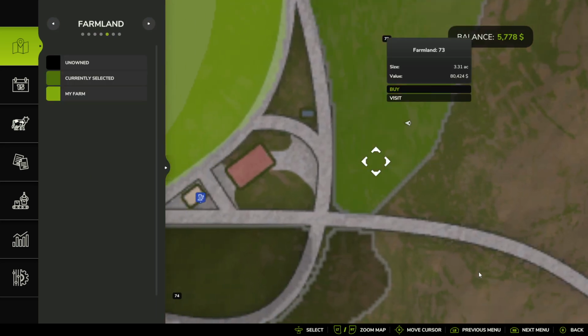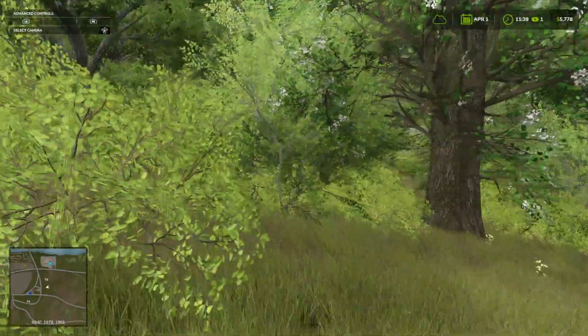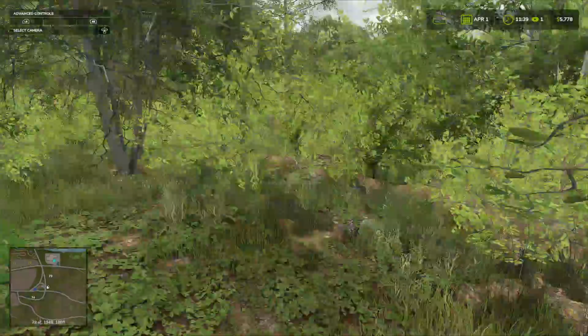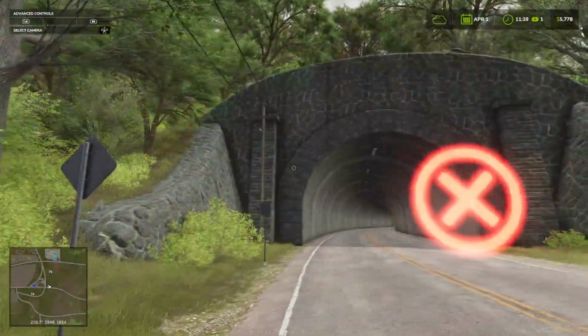It looks like it goes further back. So these trees are not the border. The question is how far back? Is there like a road or trail? There is a road back here. Okay. So there,